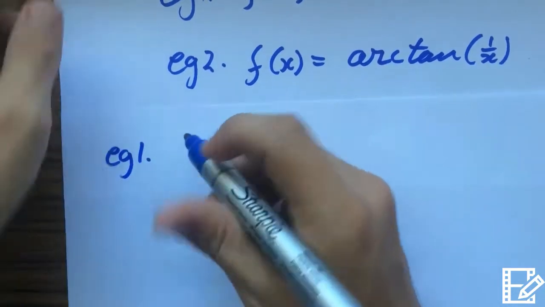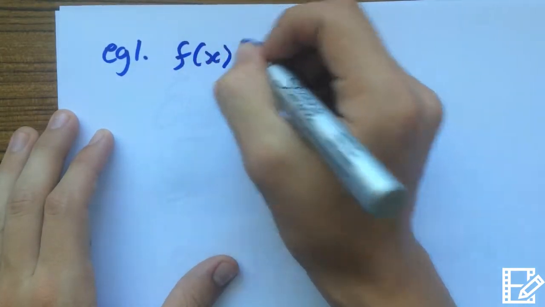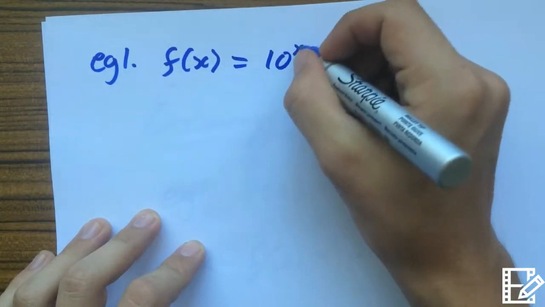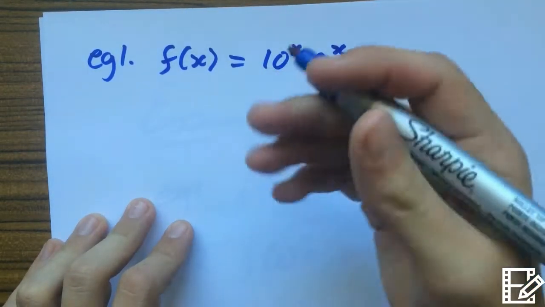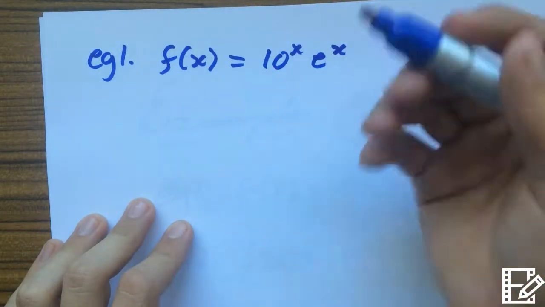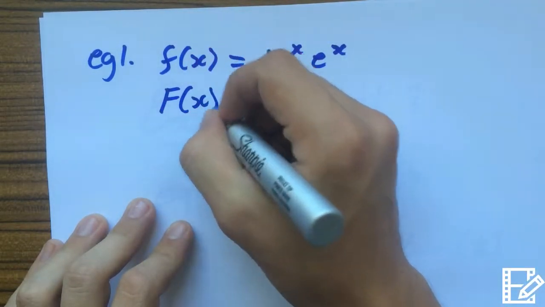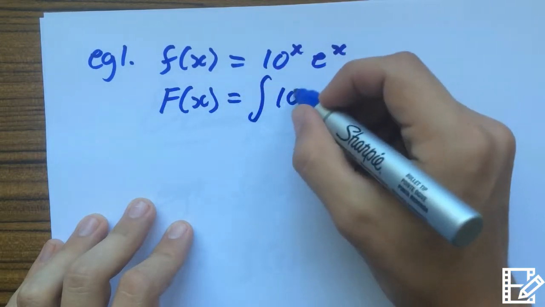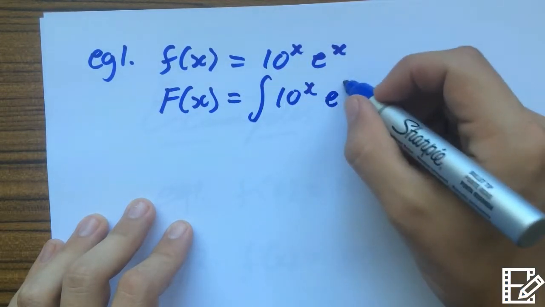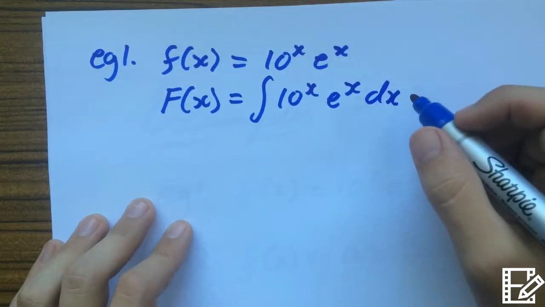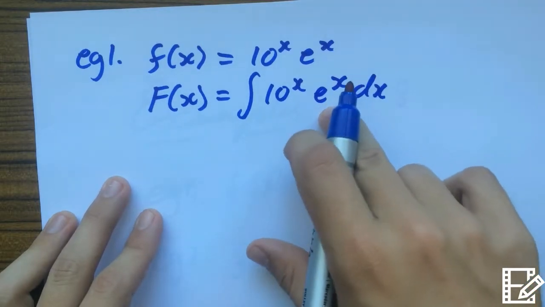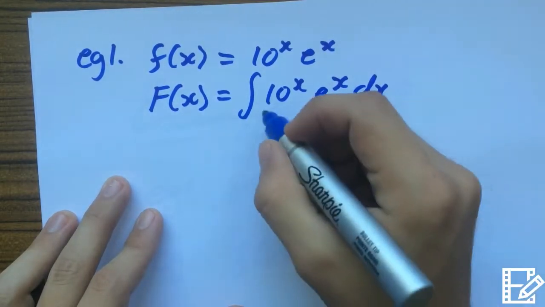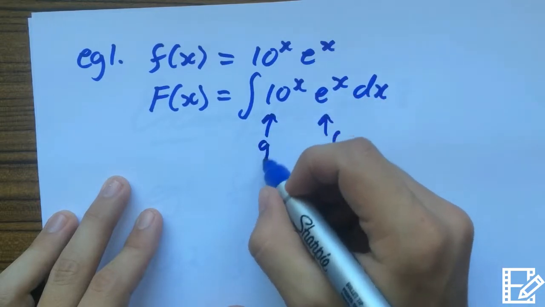Okay, so our first example is going to be f(x) equals 10 to the power of x multiplied by e to the power of x. So by parts, we've got to pick one to be g dash, and we've got to pick one to be f. Which one will we pick to be g dash, and which one to be f? Well, I'm going to pick e^x to be f, and I'm going to pick 10 to the power of x to be g dash,